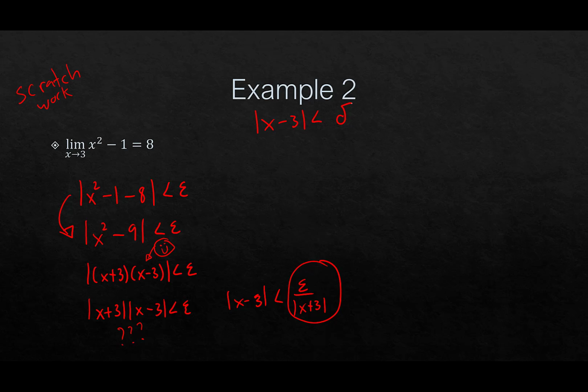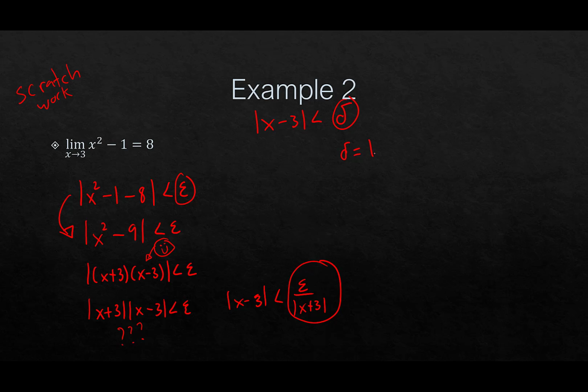And keep in mind, remember, the intuitive idea behind a limit is that delta and epsilon are really, really small numbers, right? Because we're trying to let x get really, really close to 3, and we're trying to let f of x get really, really close to L, okay? So epsilon and delta are usually really, really small numbers. Okay, so what we're going to do is just pick a really small number. Delta is really small. What's a really small number that you can think of? And we're going to go with, and usually this is what is commonly done, delta equal to 1. So suppose, just for instance, that delta is equal to 1.